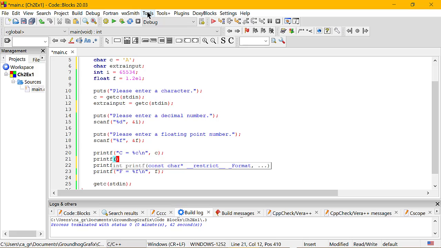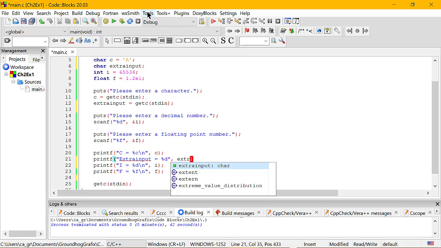Now under here, let's go ahead and put under our character printf, open parenthesis, open quotations, extra input equals, and this time I'm going to do a %d because I want to see the decimal number, not the actual character that extra input is going to represent. So by using the %d and putting a comma here, and then placing extra input variable there, we can now